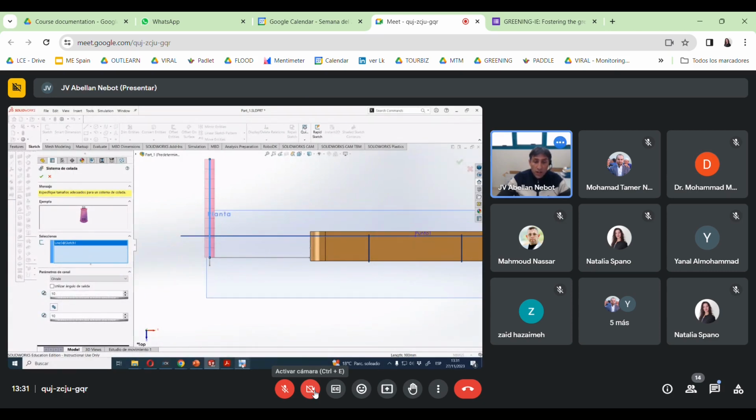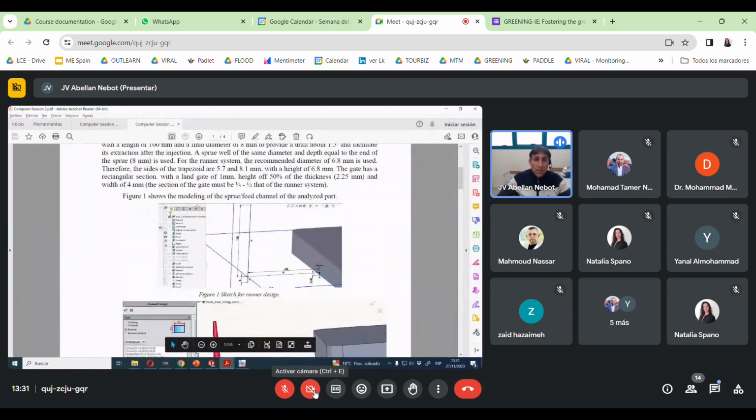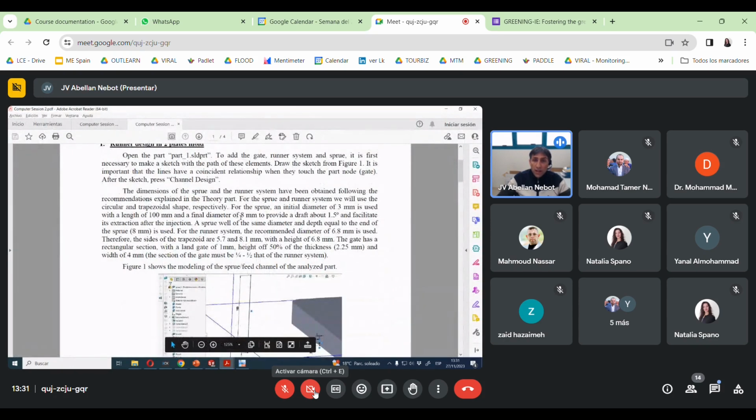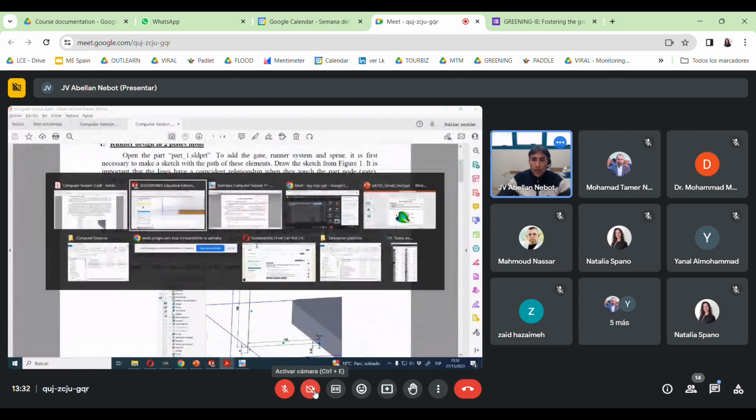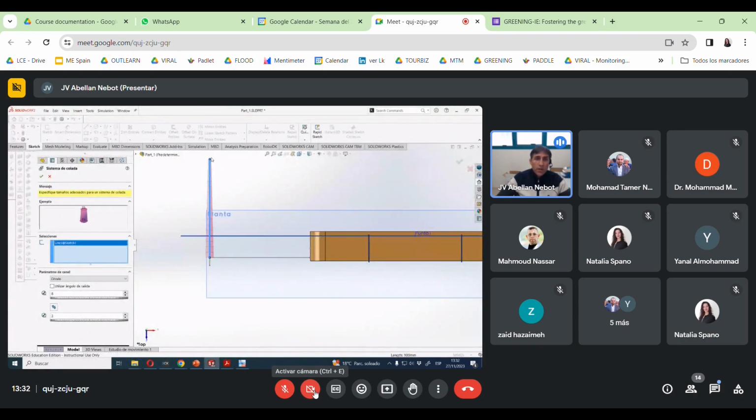So here in the lecture notes, you have the diameters explained. It says that the initial is 3 millimeters and the last is 8 millimeters. So I'm going to say that this is 3 millimeters and this is 8 millimeters. And the other way. Okay, so we start with 3 millimeters and then we finish with 8 millimeters. Good. Then if I want to